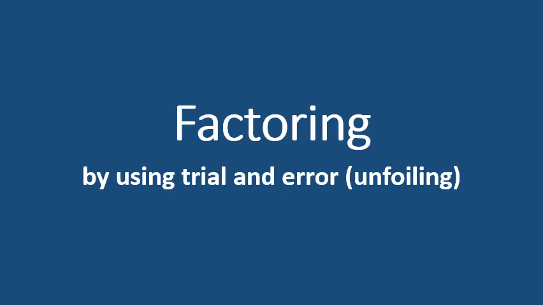In this short video, we're going to look at a few examples of factoring by using trial and error. For the first example, we're going to try to factor 2x squared plus x minus 6. When you're trying to factor by trial and error, you're really just trying to unfoil. You're trying to figure out what were the two binomials that we multiplied together that gave us the 2x squared